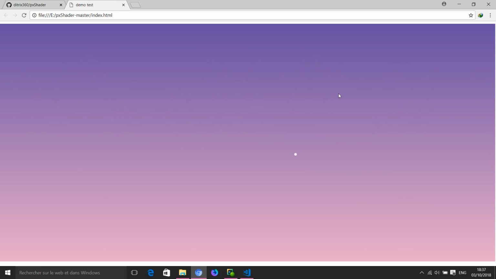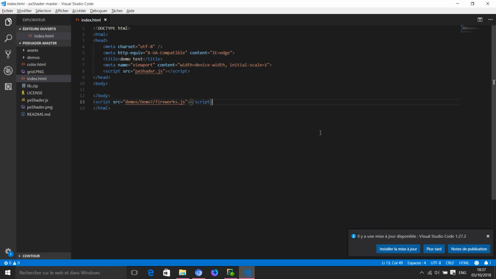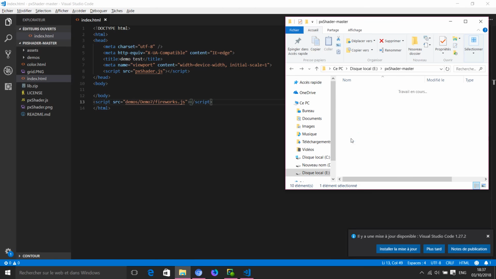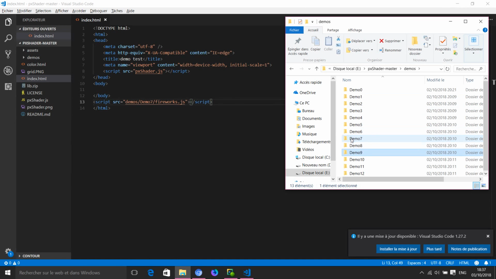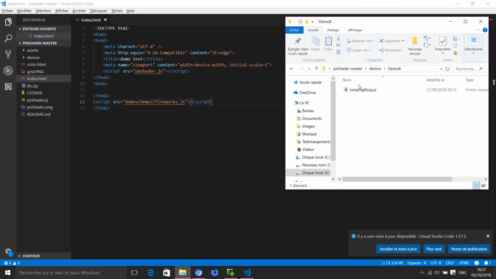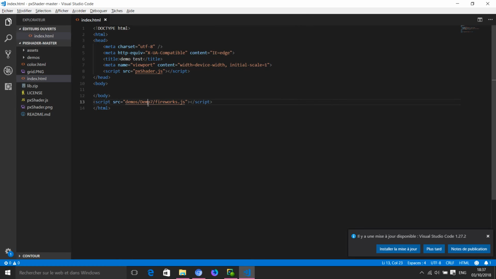And I talked about the game industry for this library, and we're going to test one of the examples that concerns games. So I think the example was at demo 8. I've seen it, yeah, demo 8. And we're just going to write demo 8, and then we're going to write jumping ninja.js.